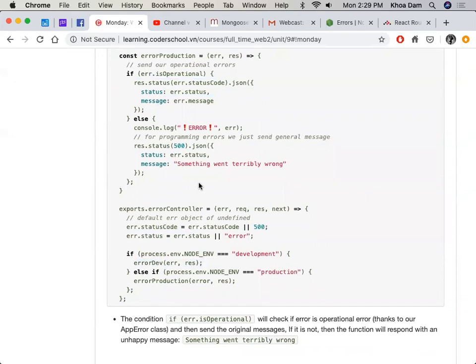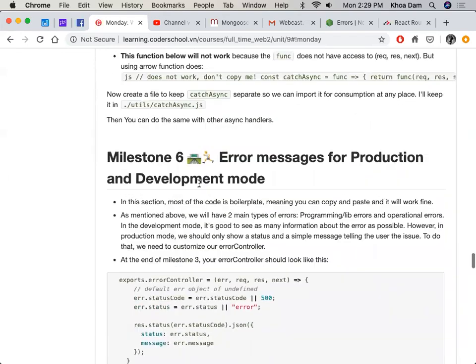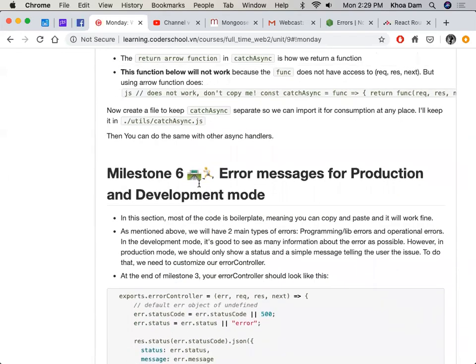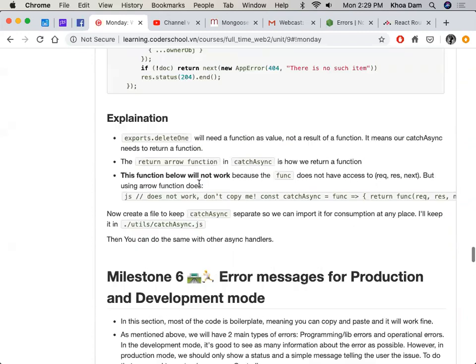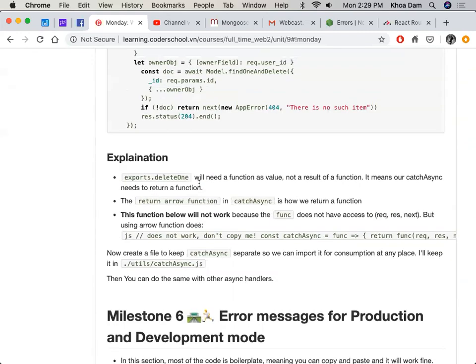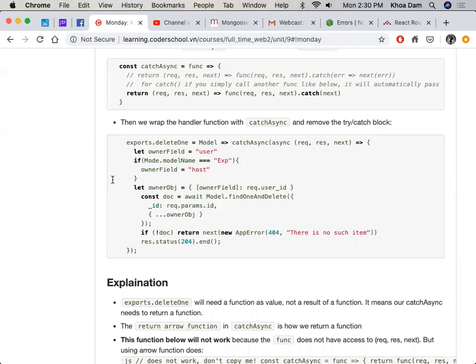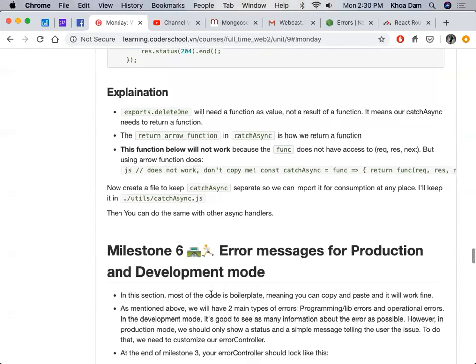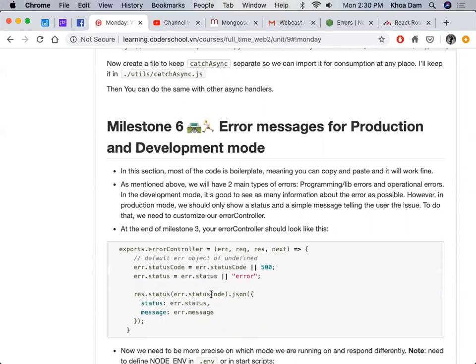Small detail, right? So let's start copy and paste. You can do it on your own. This one is hard, but that's why you can copy and paste. And you can use this code on pretty much every app. It's very similar. Try to copy and paste and see what happens. If it fails, we have